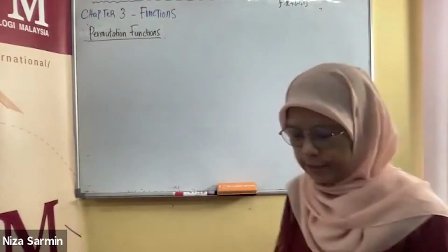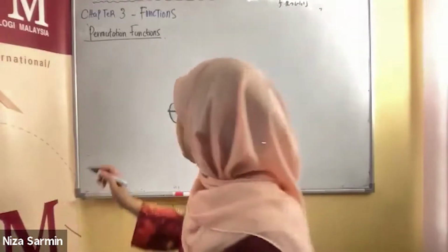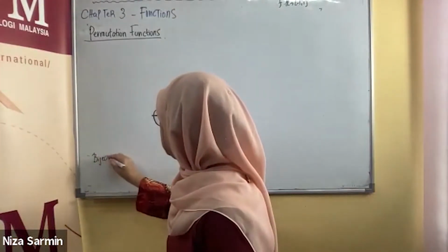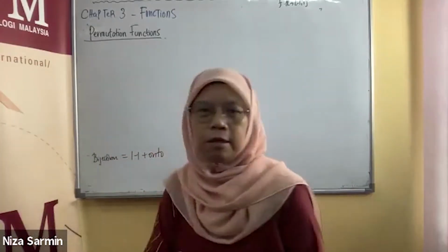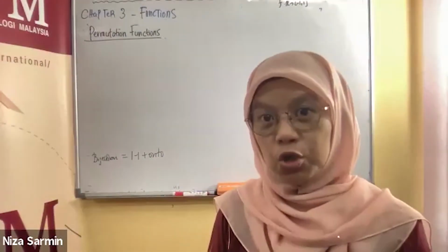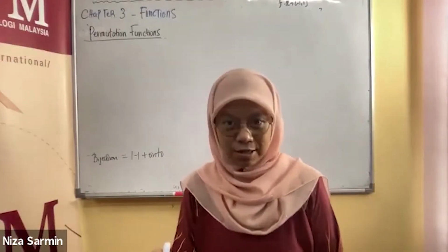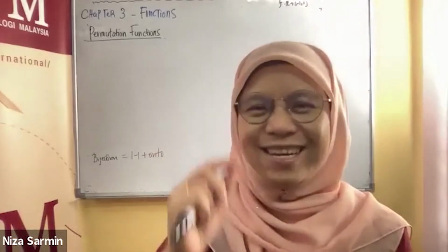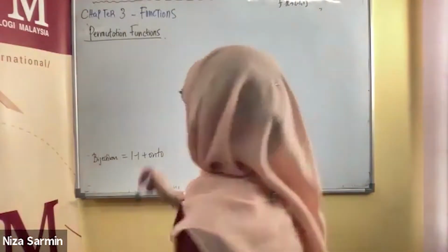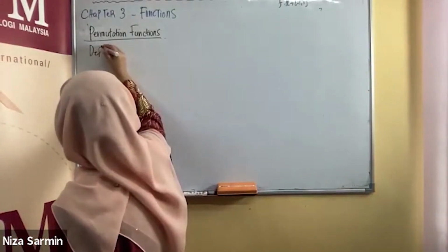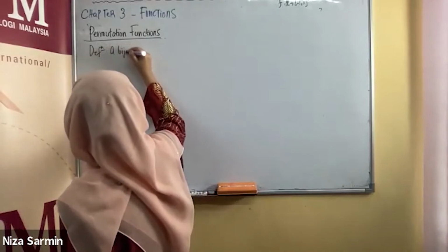All right. So if a function is one-to-one and onto, it is called a bijection, right? Bijection. Okay, so if you get a question, show that this function is a bijection. Don't be shocked. You just have to show it is one-to-one and onto. Now, the definition of this is a bijection